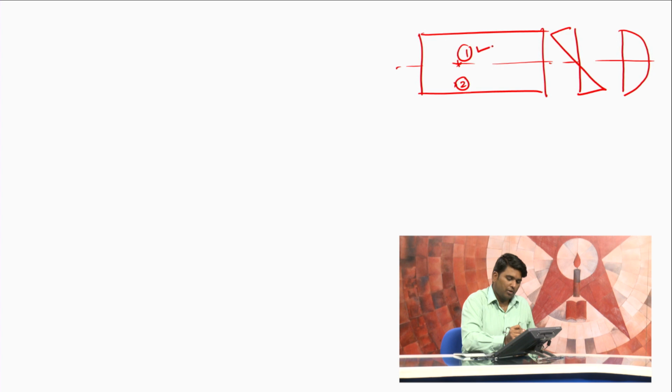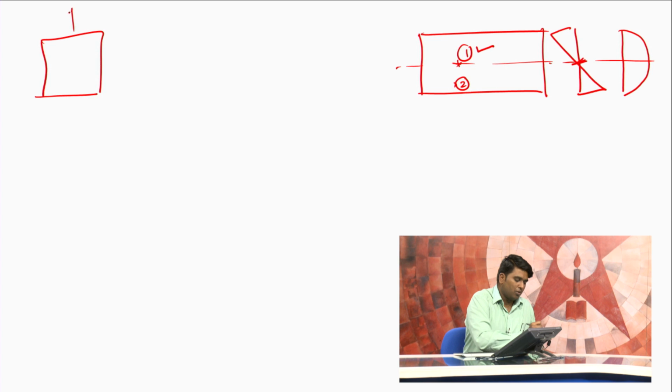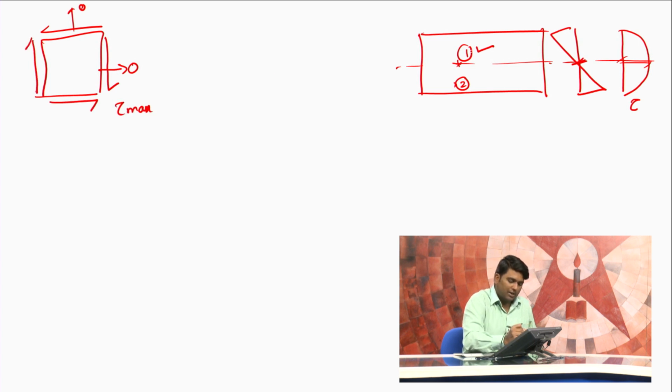If you are considering point 1, in the two dimensional stress system, we do not have any normal stresses, they are 0, but we have shear to be maximum. So, at section 1 we can say it is a case of pure shear, we have only shear stress, no normal stresses. Let us draw Mohr circle for this case.